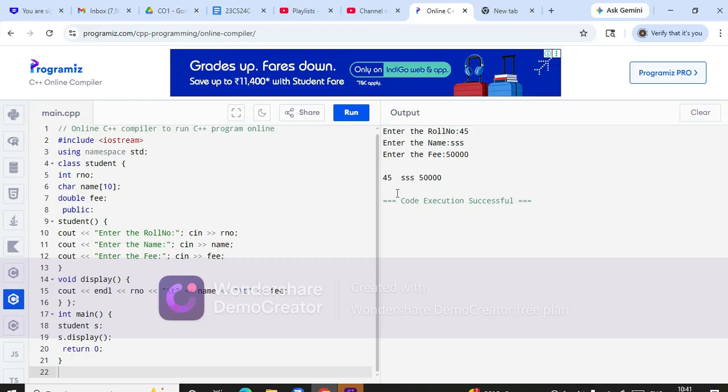Okay, so before that we used getter and setter functions to initialize the input from the user. In order to avoid that, we are using a constructor. Once the object is created for that particular class, at that time the constructor will be called and the data will be initialized automatically. Okay, so this is the concept